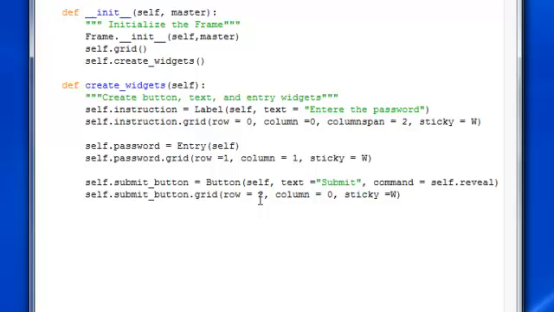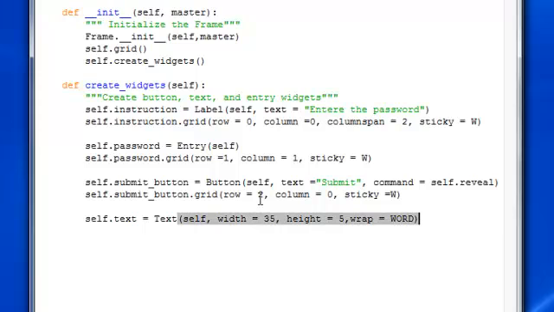And then lastly, the text that basically displays the message. It's gonna do text, txt self. I'm gonna make a width of let's say 35 and height of 5. That's just basically how wide and tall it is, and wrap word. And basically